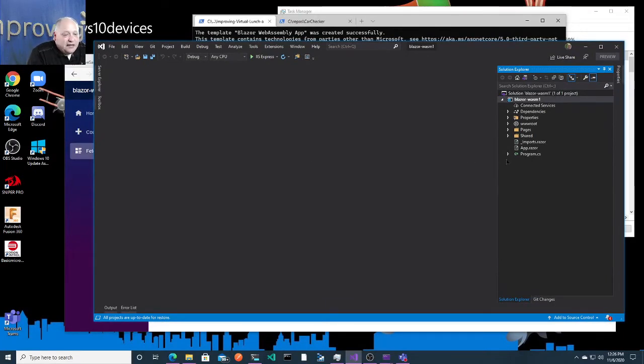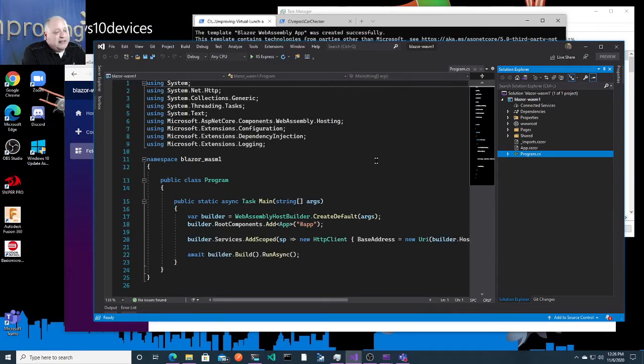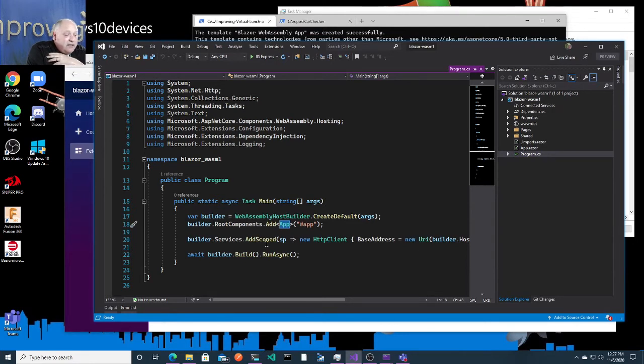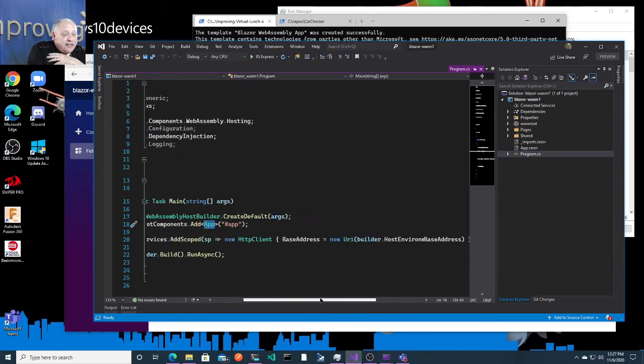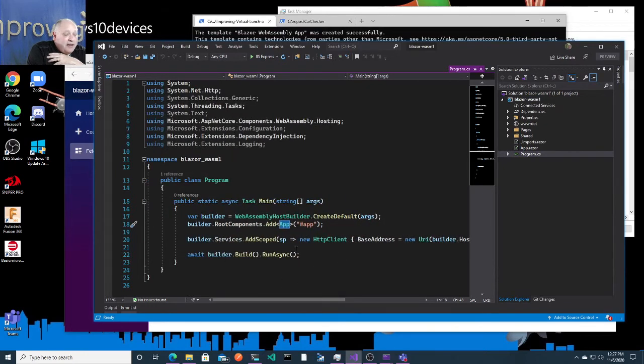I've got a program.cs, which is pretty much every .NET Core thing going on. We have a main. We add in our app, okay, for our root component. We have a service out there, an HTTP client service that will reply to stuff, and we run an async. Nothing special here, nothing special at all. And our app Blazor,